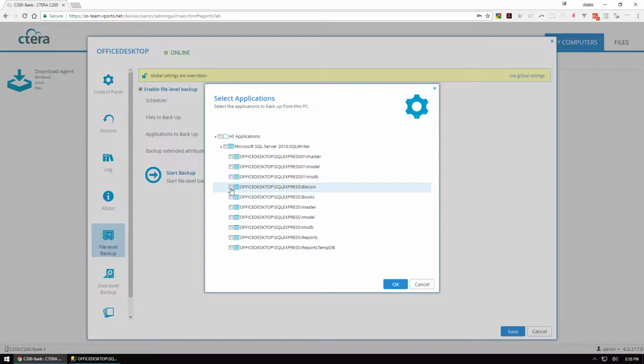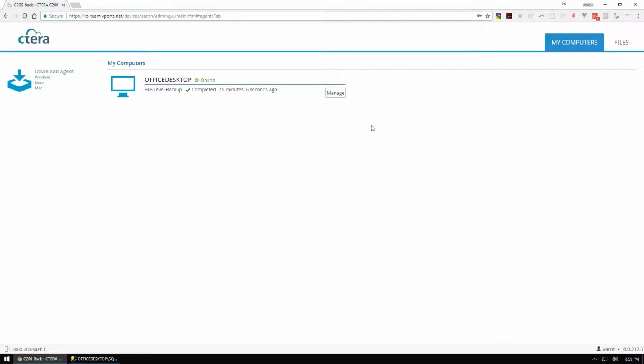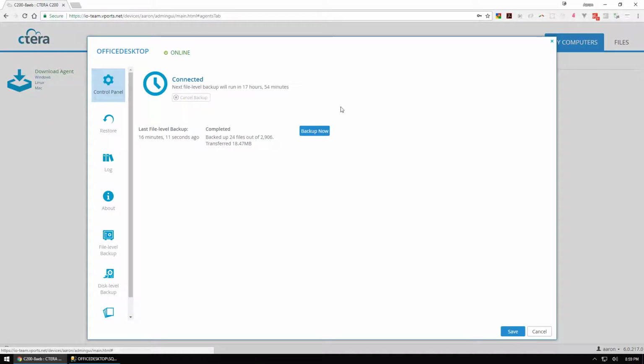I just want to back up my Bitcoin database. I'm guessing this is probably not best practice, but this is just an example here. So let's see here, save this, and then I'm going to go back here and click backup